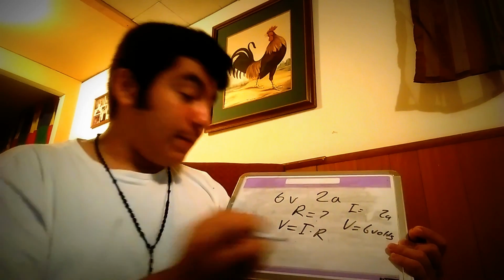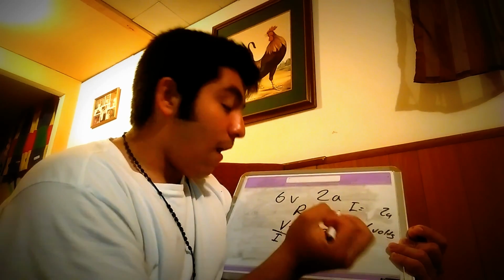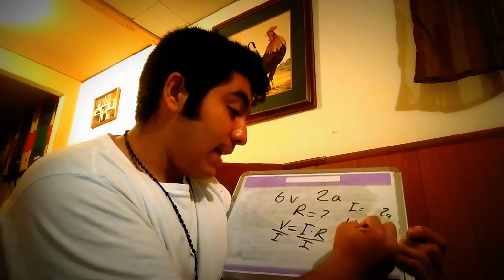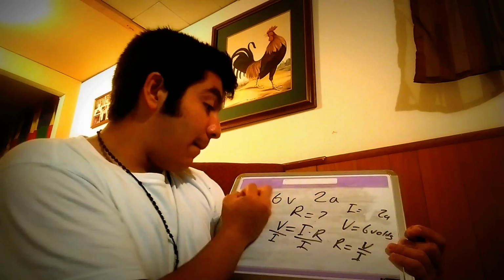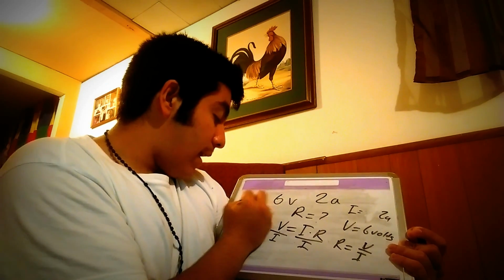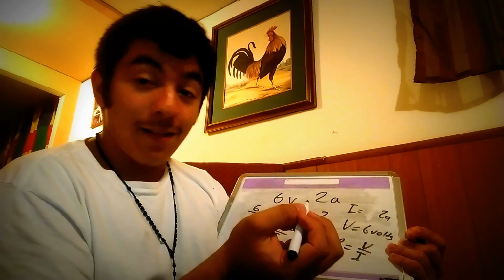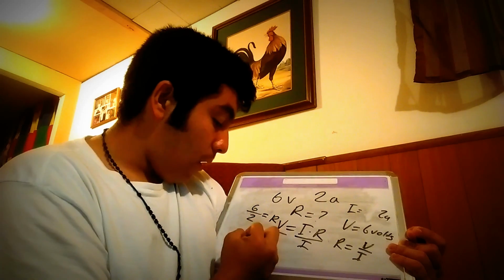So what we do is we divide by I on both sides to get R by itself, which is R equals V divided by I. So we just plug in the numbers, which would be 6 volts divided by 2 amperes, 2 A's as I like to call it, which would equal R. So 3 ohms